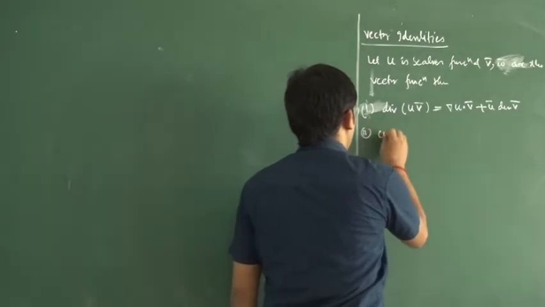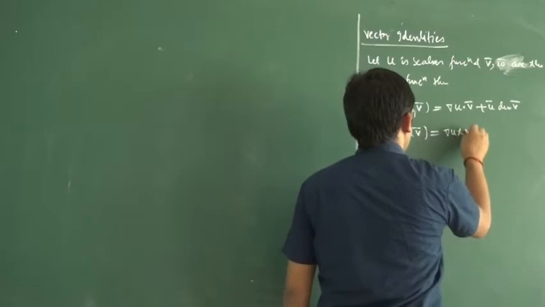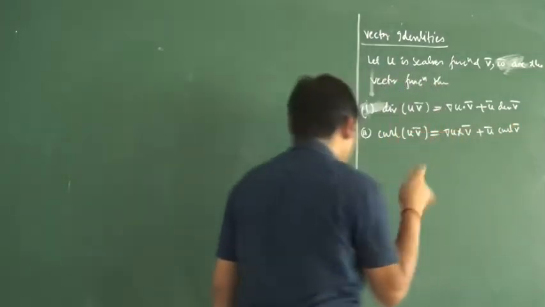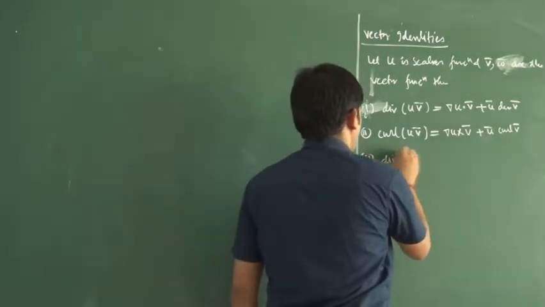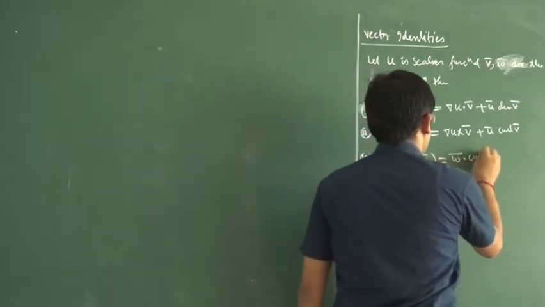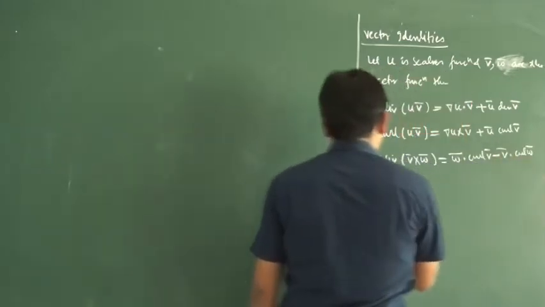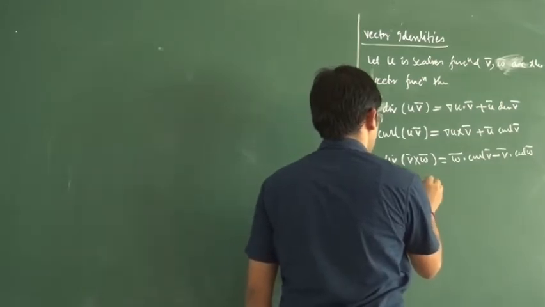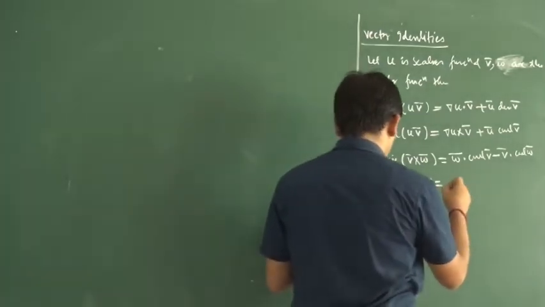Then we have the curl of u v equal to, this is the same as the first part except we will have cross in place of dot. This is your second property, and then the third property: divergence of v cross w is equal to w dot curl v minus v dot curl w. Then the fourth one is curl of v cross w is equal to,